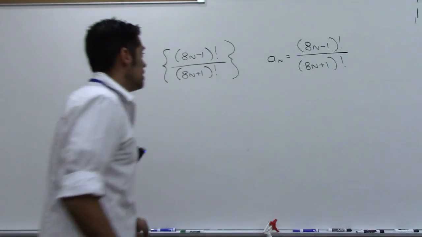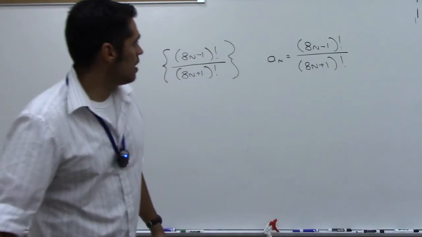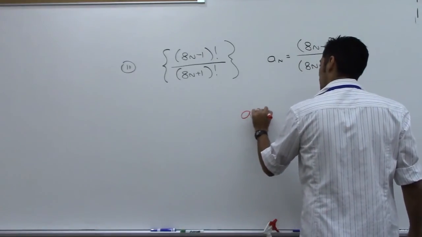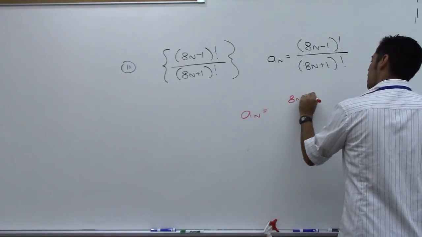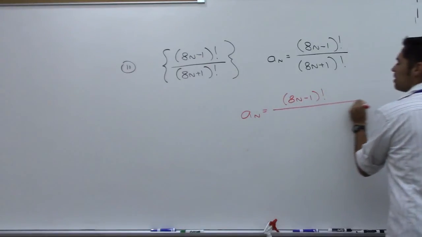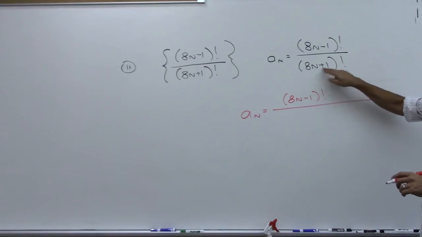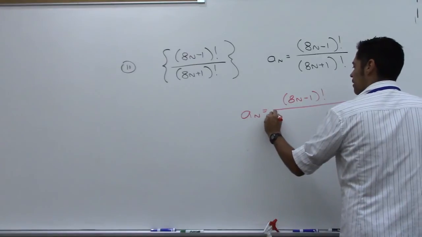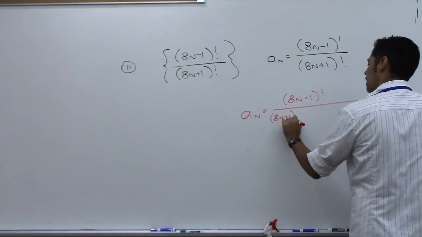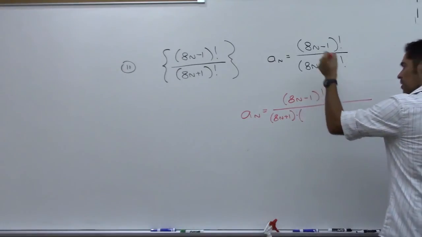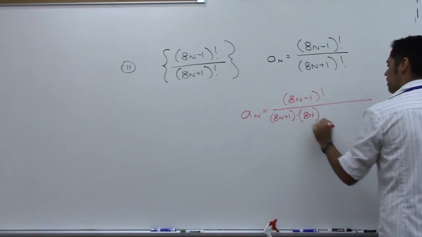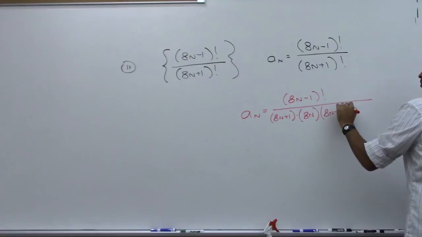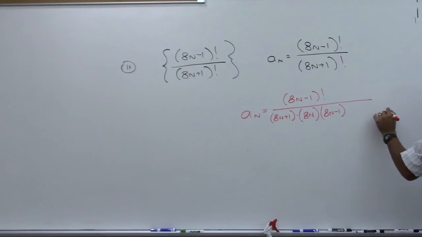do something else. And so what I'm going to do is use the properties of the factorials. So remember that I could rewrite this as (8n minus 1) factorial. And since the bottom factorial is bigger than this one, right? 8n plus 1 is bigger than 8n minus 1. I'm going to start peeling parts off this factorial. So the bottom factorial is 8n plus 1 times (8n plus 1, take 1 away). That's what the factorial does every step. And then the next one is 8n minus 1. And then the next one would be 8n minus 2, 8n minus 3, 8n minus 4, all the way down